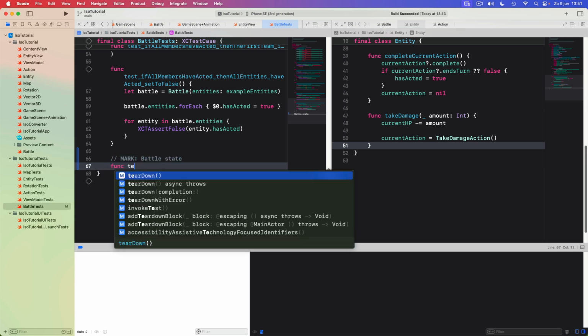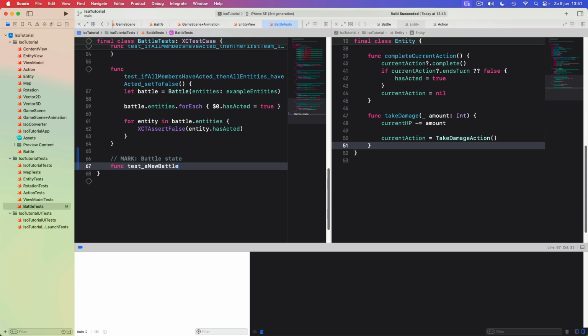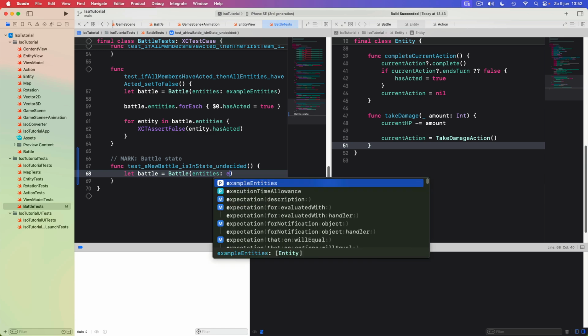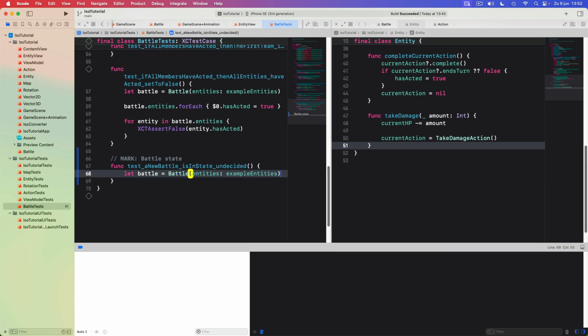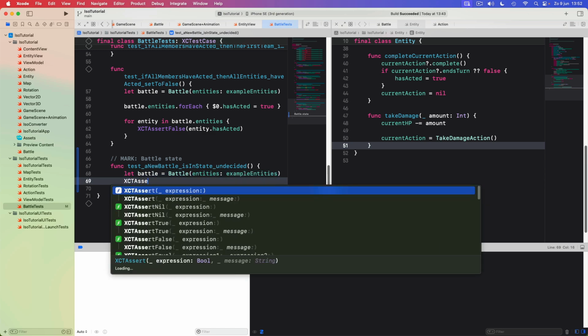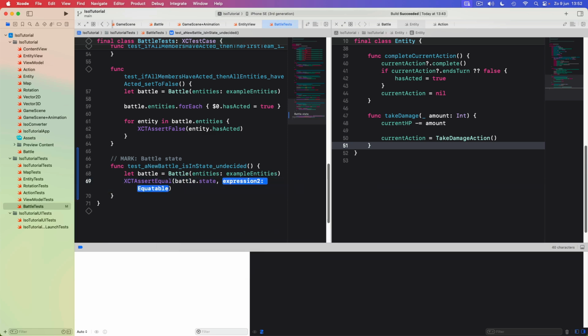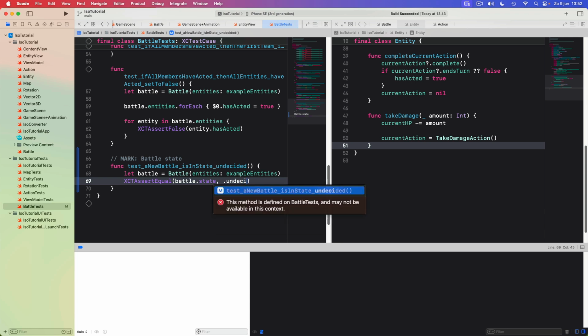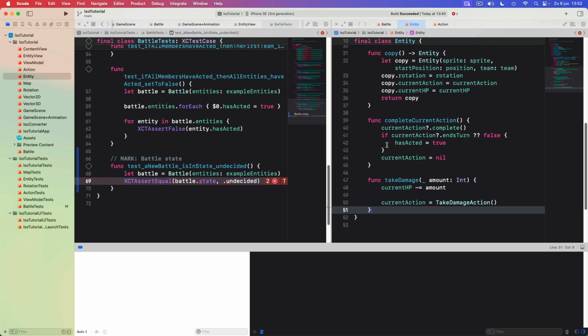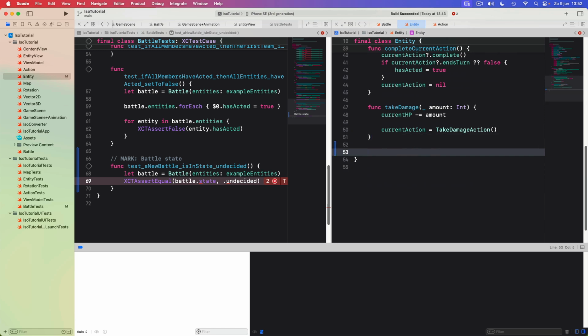We'll create one that says a new battle is in state undecided. Okay, so let's create a battle. And then we assert that the battle state is, we call this undecided. Of course, this doesn't yet compile. However, if we create,